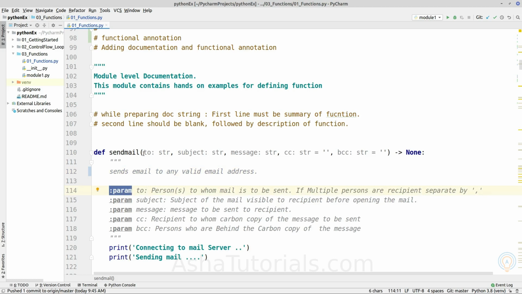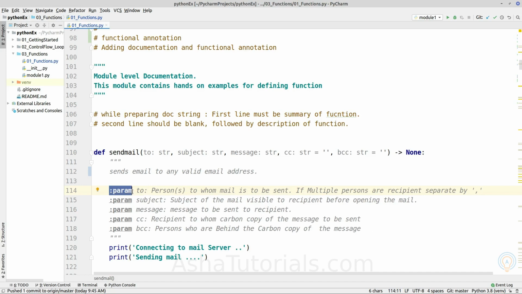Okay, so here we have annotated the data type of a function, but what is its actual use is defined using this. In PyCharm, there is a functionality to define documentation for a particular parameter like this.